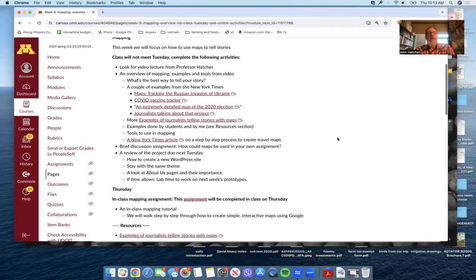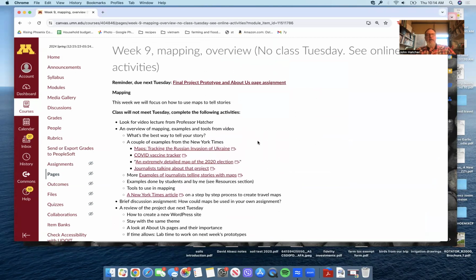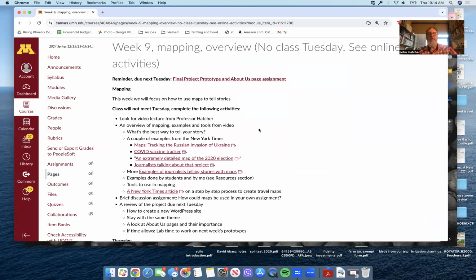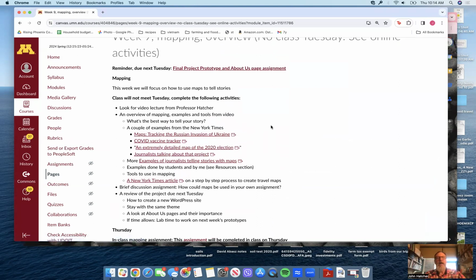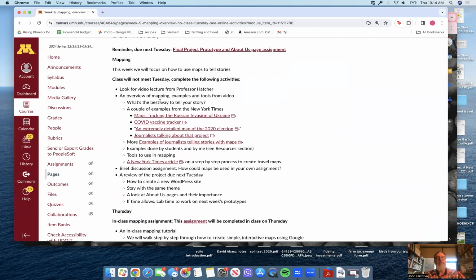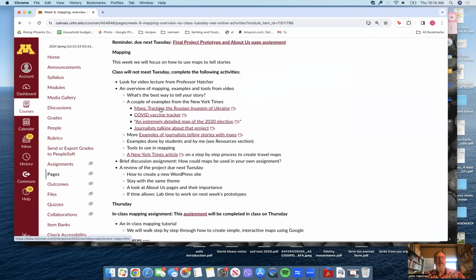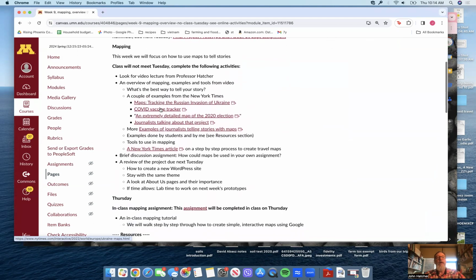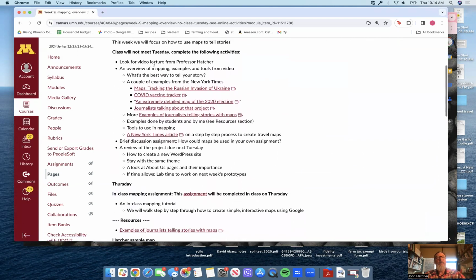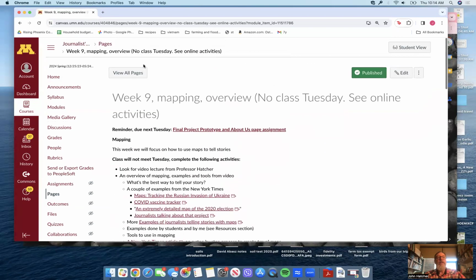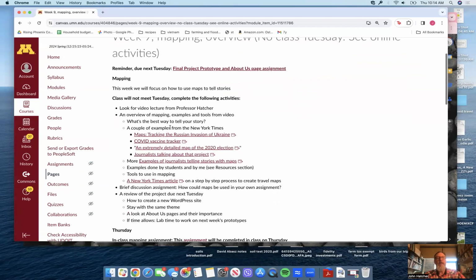some of the different resources that I've found over the years as far as looking at maps, both maps put together by professional journalists and maps created by students in this class and maps created by myself. So I would encourage you to do what I'm doing, which is to open up your Canvas unit for this week, the week 9 mapping module, and follow along with me